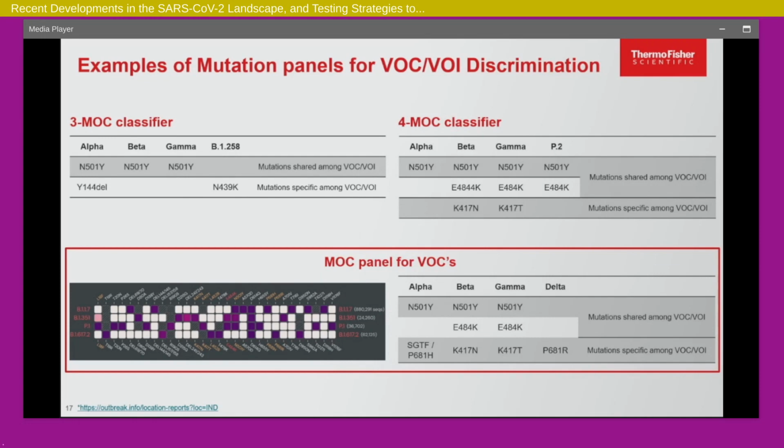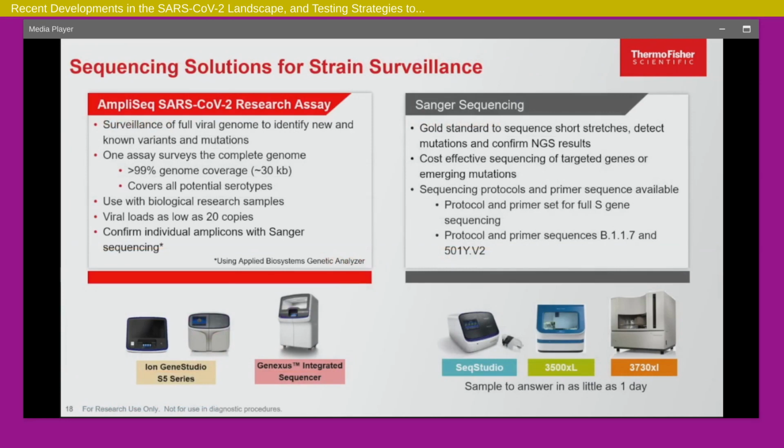The other thing you can add is how much redundancy do you want built in your assay. So some people like at least 2 assays to identify a variant. Some people like 3 assays to identify a variant. So based on that, you can devise a panel and run it on the same instrument with the RNA that is already there that you extracted for PCR, regular diagnostic testing.